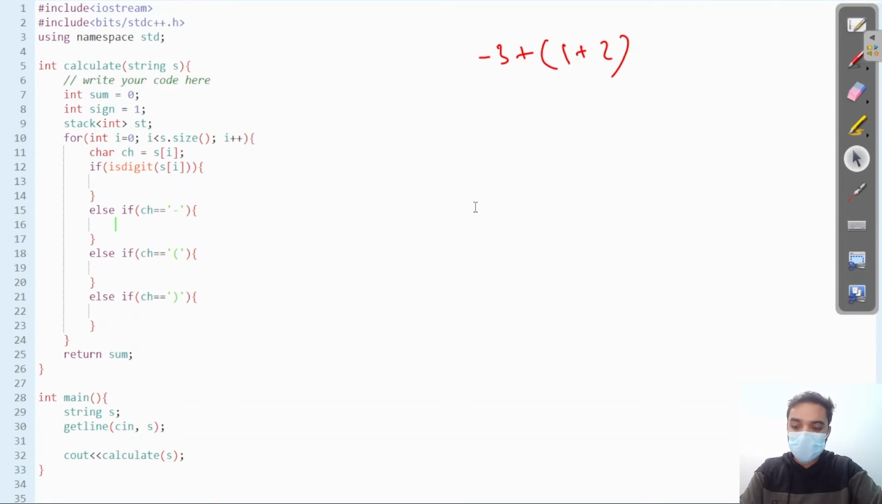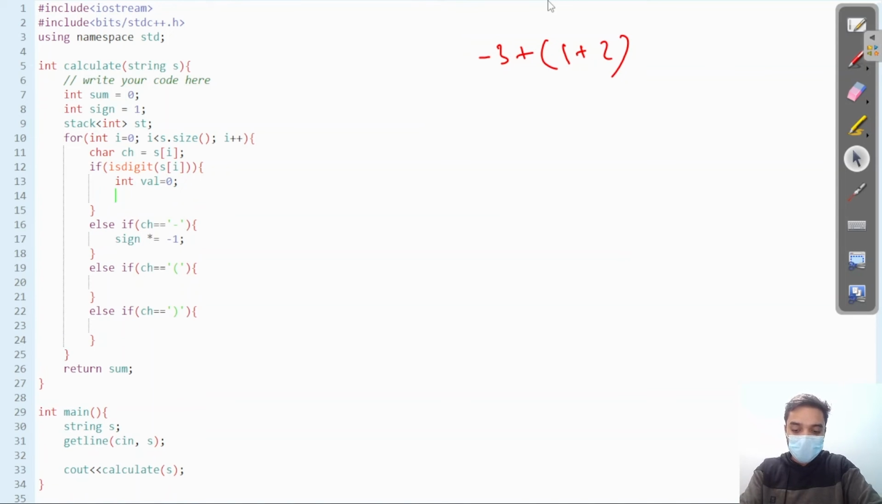If it's minus, then I have to do nothing. I just have to update my sign with minus 1. That means I have to multiply minus 1 with the sign, whatever the sign was before. Okay, so one more thing I have to tell you, that let's firstly code it, then I'm going to tell you. Okay, so now figure out why I'm doing this. I must be less than s dot size,